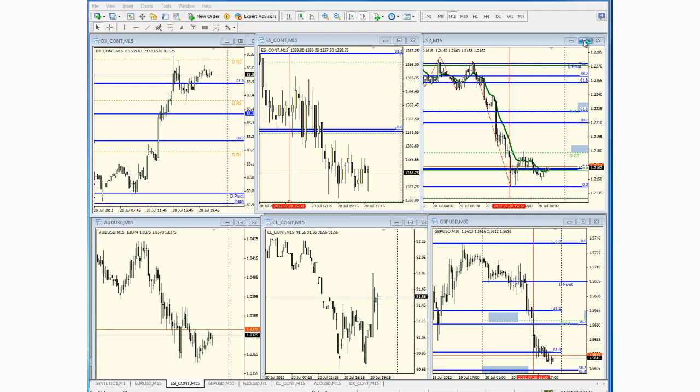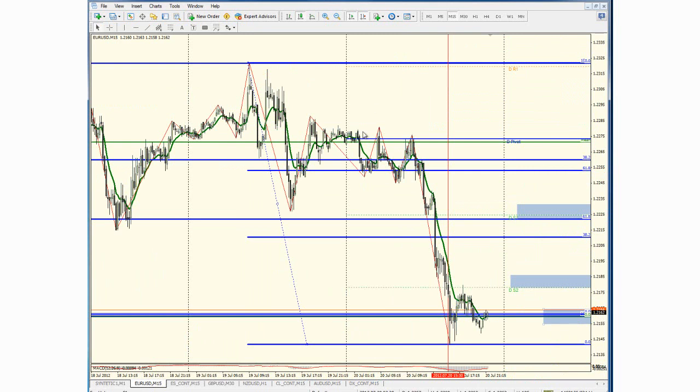Now let's begin with the Euro Dollar 15-minute chart. The purpose of this review is to first see how the currency reacted to the levels I established in my analysis each morning, and then to try to get an idea or estimate of where this could go for the next trading session. Now with Euro Dollar 15-minute, what happened here, I'm going to zoom out to a 1 hour,